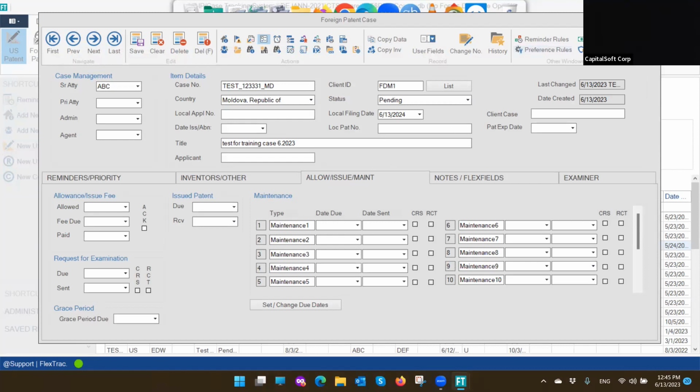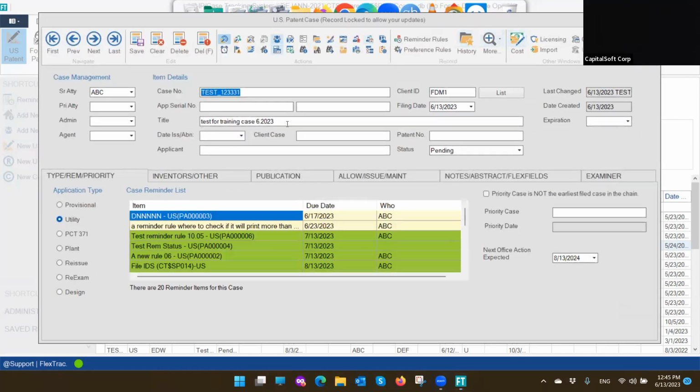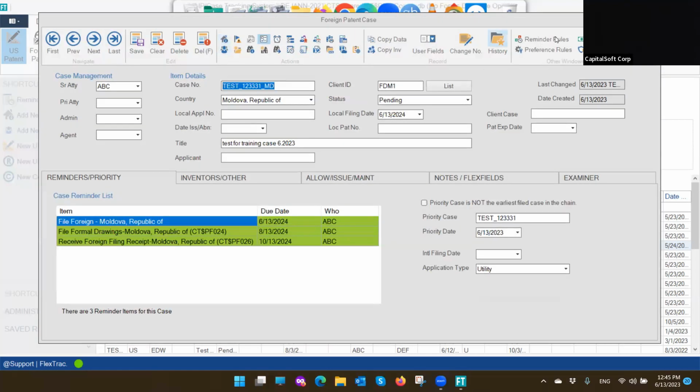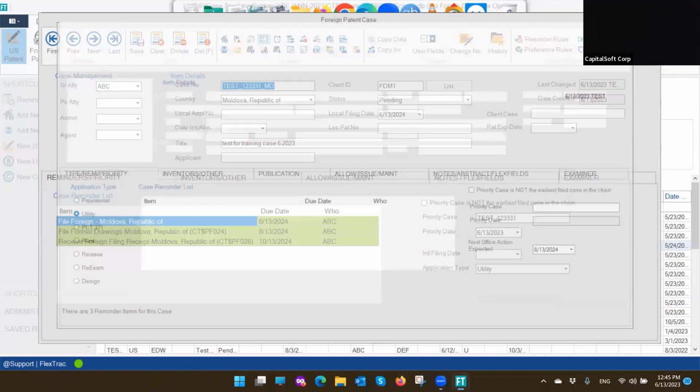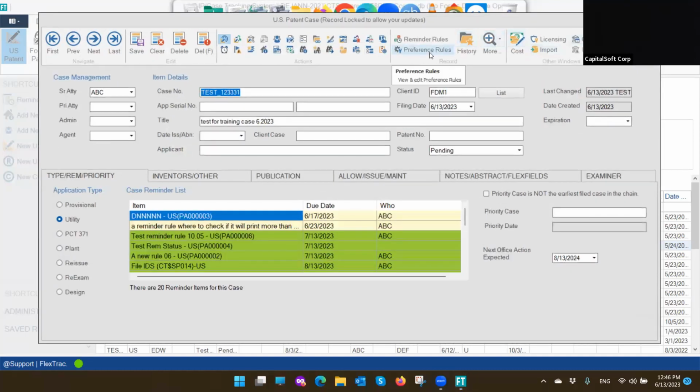So let's go ahead and close this foreign patent case. We'll go back to the US patent case, and you can see in the background on these small action icons, there is an icon with the blue background. It means there is information when you click on that icon. And there is a foreign patent case. So now let's go ahead. Once we create a foreign patent case, let's go to the US patent case and create or add an office